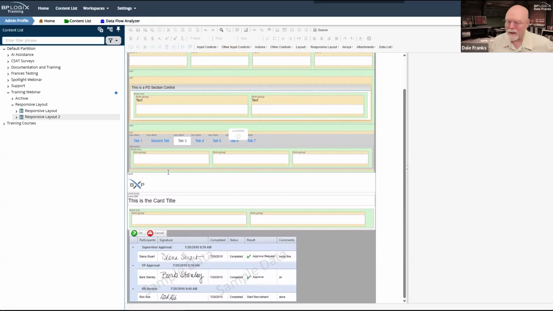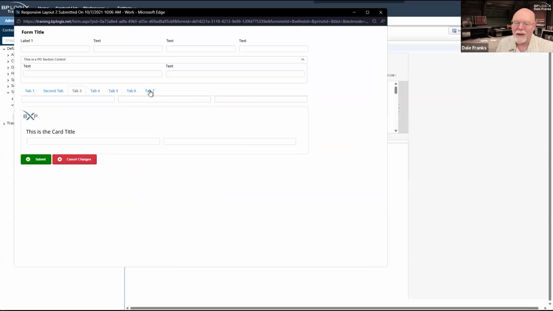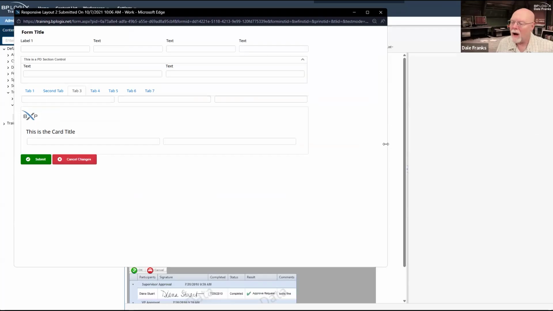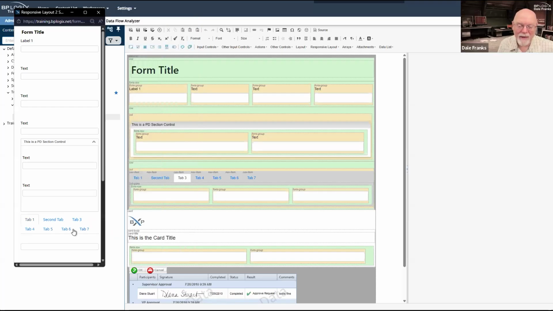In fact, what I didn't show you, and let's go back and do that because I forgot as far as the tabs go. So our tabs, whenever our form gets smaller, our tabs go to row level tabs. The other reason why we like to use vertical tabs is that I don't have to worry about this 2-row tab thing, which I think at smaller screen sizes does get a little bit ugly.